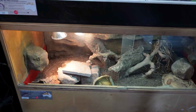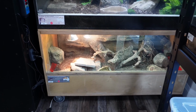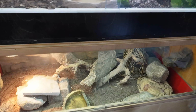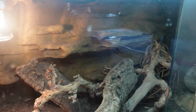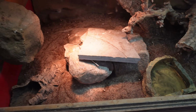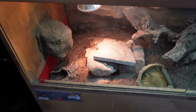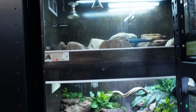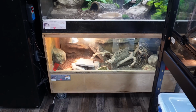Anywho, man, this wooden rack is really not working out in my favor. Vulcan is also hiding because it is nighttime. It's like 9:30 at night already, so let's go to 9. I just overrode them for this video, and unfortunately, it really didn't benefit me because this entire rack is hiding. So if you guys are interested, just go check out the video from last month, April 2023. I did get, I'm pretty sure, all of them in that video,